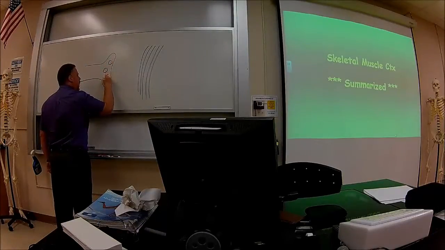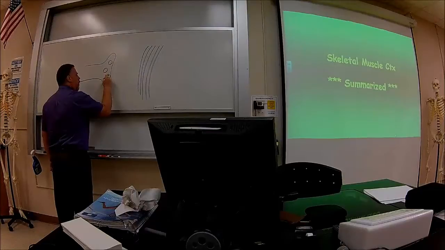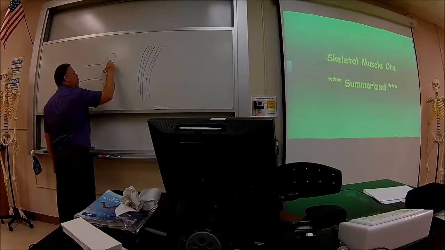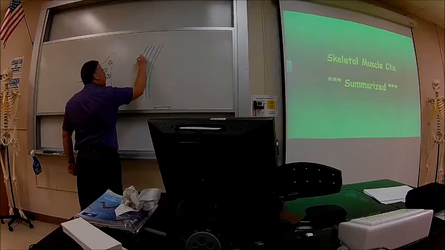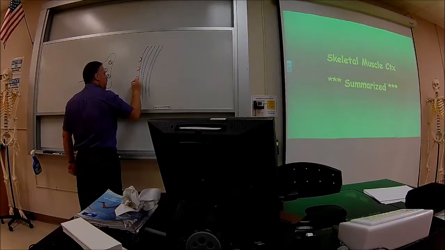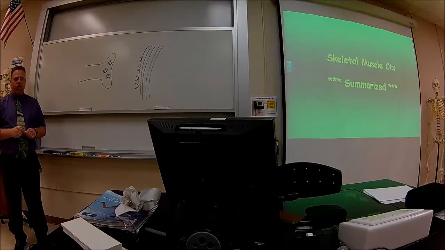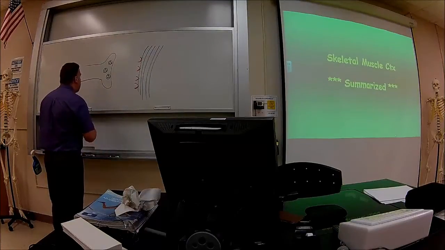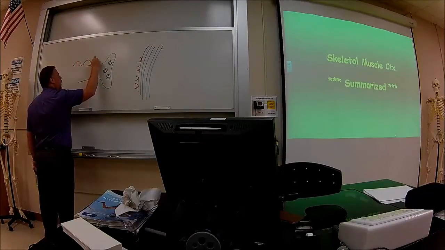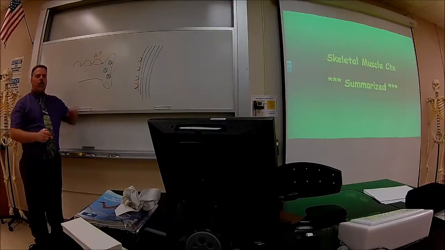Inside the presynaptic membrane, or the axon terminal, you're going to have these vesicles that have a neurotransmitter. In our case, when we're dealing with neuromuscular junction, this is going to be acetylcholine. And we have acetylcholine receptors on top of this motor end plate. Make sense so far, what I'm drawing? The action potential is going to come down this axon. That's the axon potential. When it reaches the axon terminal,